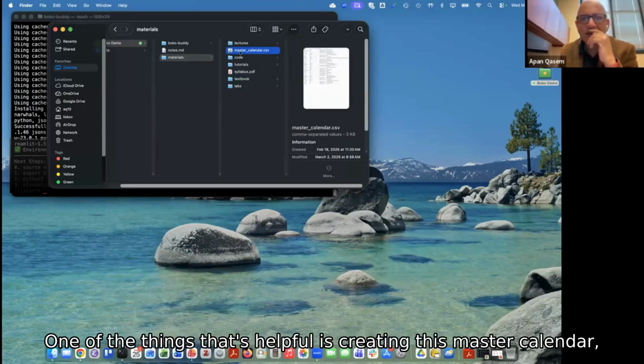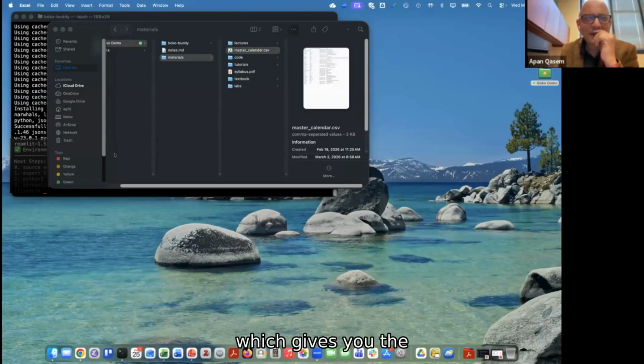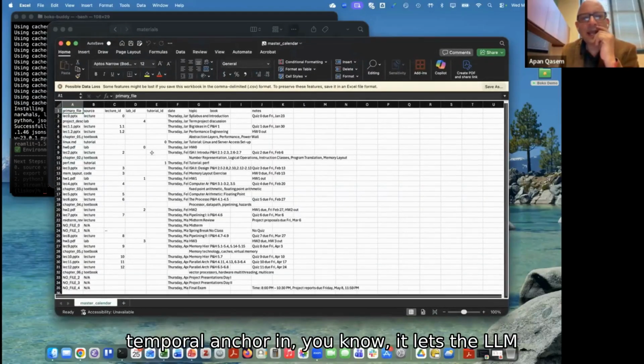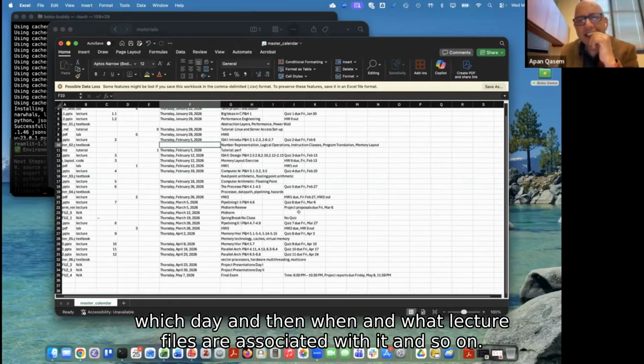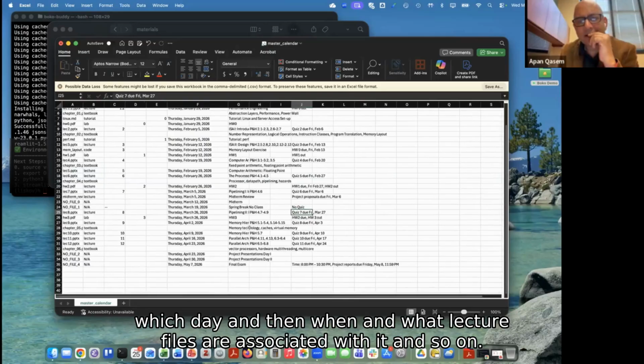One of the things that's helpful is creating this master calendar, which gives you the temporal anchor. It lets the LLM know which topic is going to be covered on which day, and when, and what lecture files are associated with it, and so on.